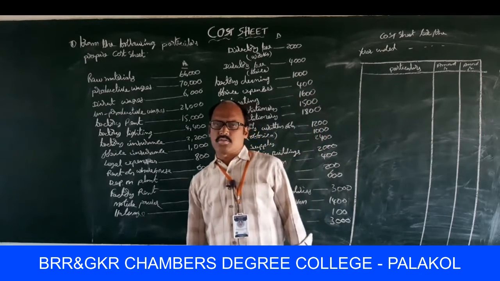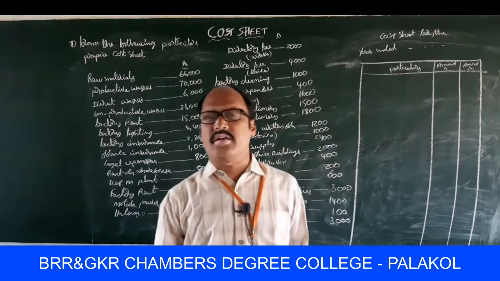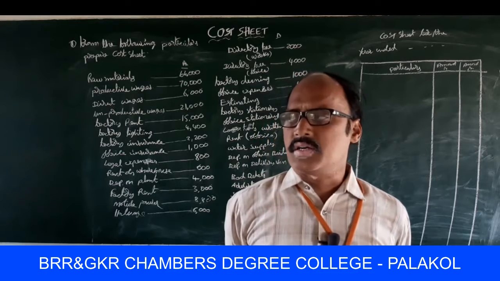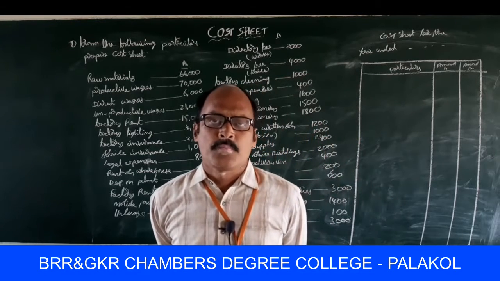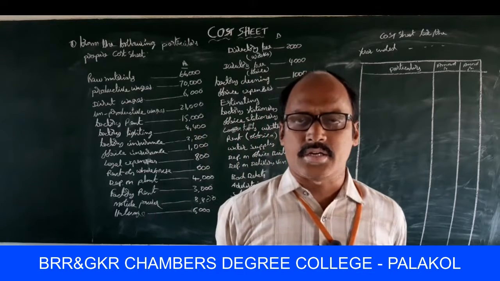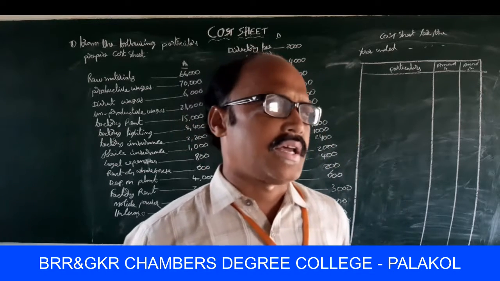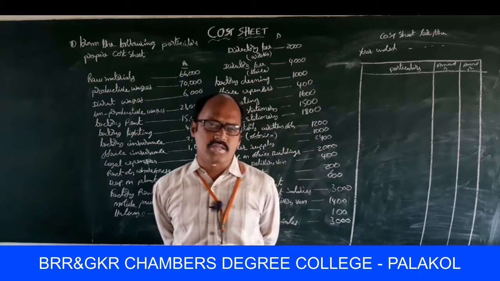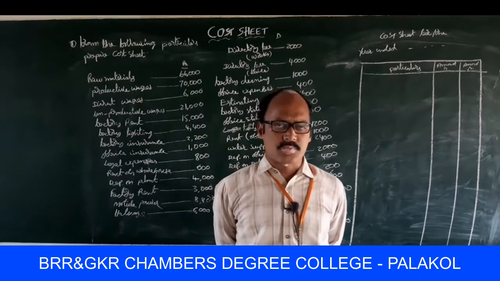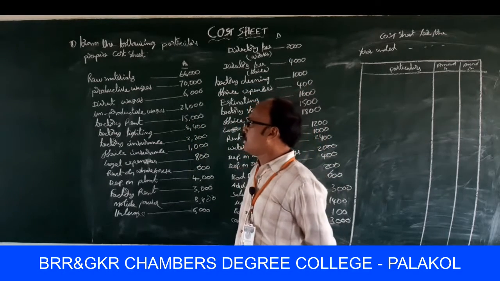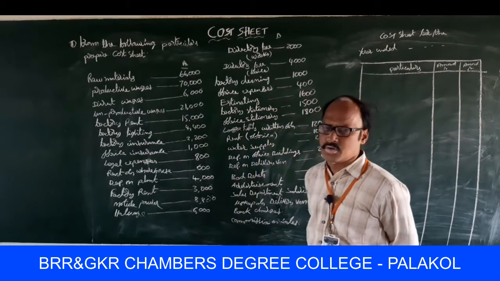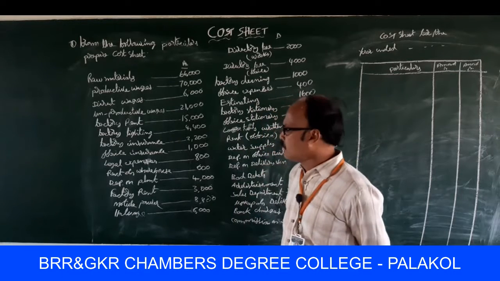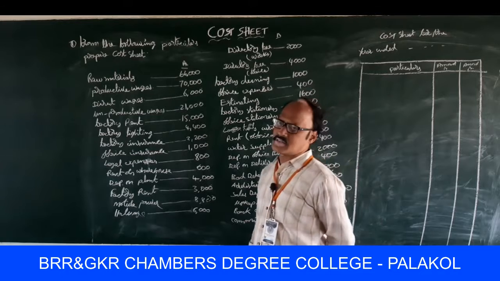So all the expenditures are divided into 4 categories at the time of preparation of cost sheet, you know very well. Some of the transactions are related to prime cost, some are related to factory overheads, some are related to office overheads, and some are related to sales and distribution expenses. So in this problem, which transactions are related to which? First, which transactions are related to prime cost? Before going to that, see all the transactions once again.